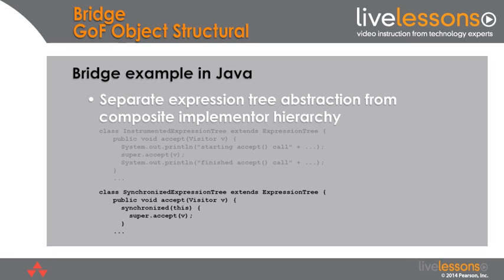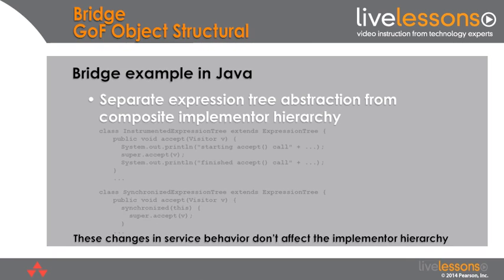Here's a similar example for another refined abstraction called a synchronized expression tree, which inherits from expression tree, and its methods, like accept, will have synchronized blocks placed around the calls to the appropriate method that's defined in the expression tree. All of these things can be done in a way that doesn't affect the implementation hierarchy, but only refines